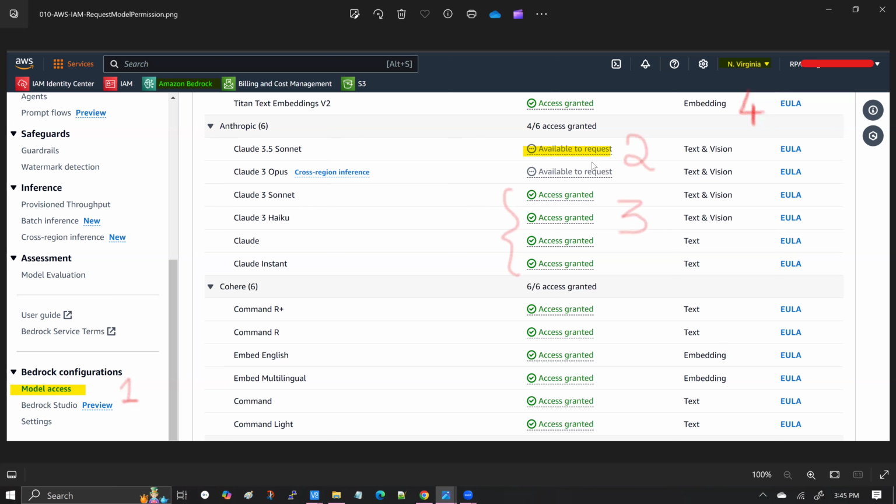So you might get access immediately depending on which zone you are in. These models will take some time, from a few seconds to several minutes or even maybe a few days to get access. But before you start working on this automation summarization template, if you plan to work with the Anthropic Claude suite of models, then please make sure to go and get access at the earliest, because this will require you to fill in some use case information and submit